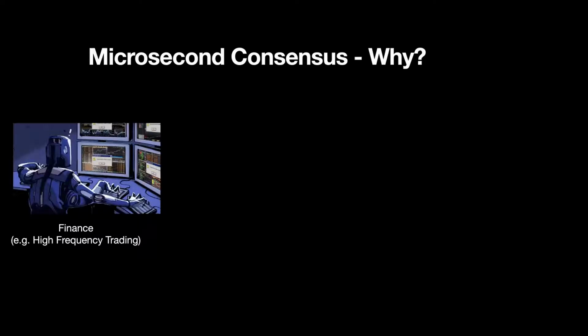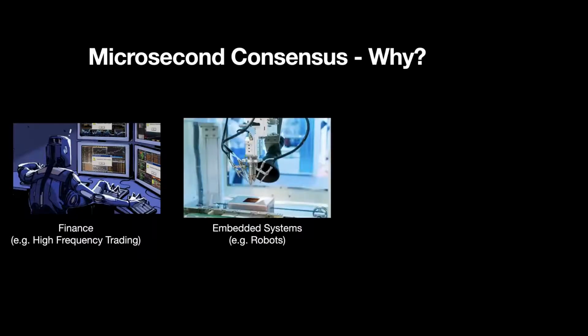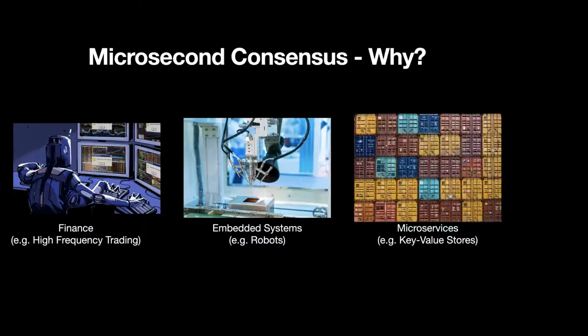There are financial applications like high frequency trading, where millions of dollars are being spent to get an edge of even a few microseconds. Then you have embedded systems like industrial robots, where microsecond latencies give a very high response, which is important for precise movements. And then you have the microservices architecture, where the composability of the services to form a single high performant application relies on the networking latencies being as low as possible.